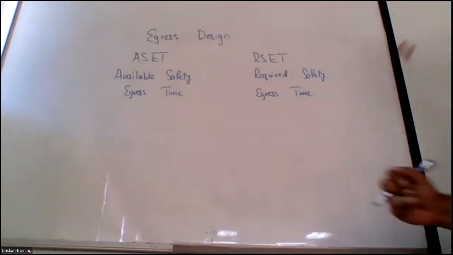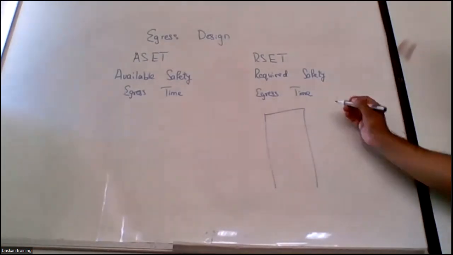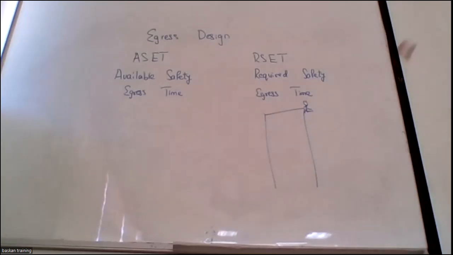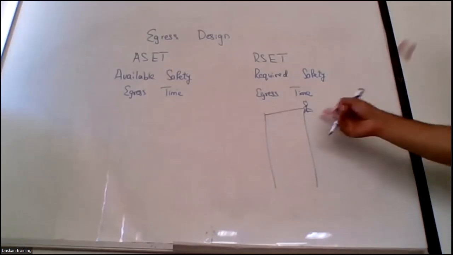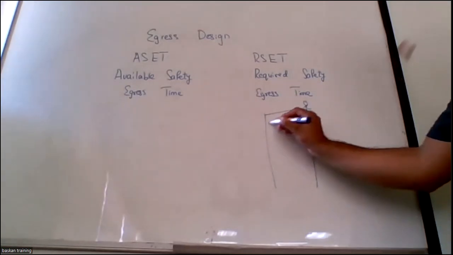But what are these parameters? Let's say I want to calculate the evacuation time somewhere. I'm at the farthest point of the building, and I want to calculate the evacuation time. The best way of calculating it is that I place a person at the farthest point in an occupancy, and then I ask him to start the evacuation with my timer switched on. So he starts evacuating.